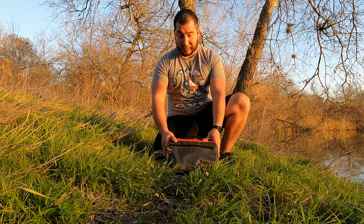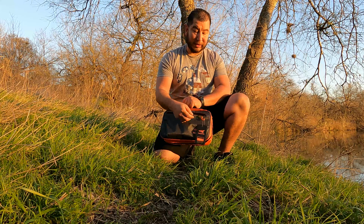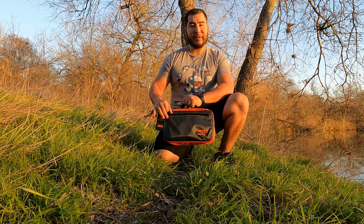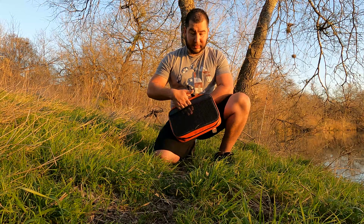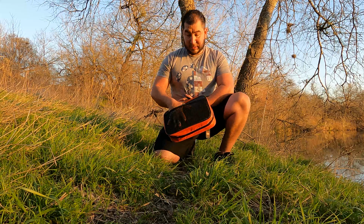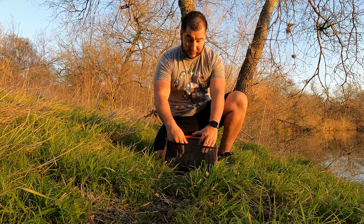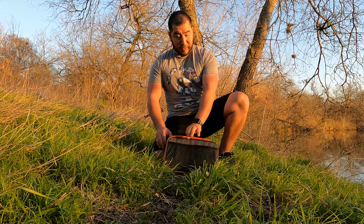And it's bright orange, so you can't miss it, very easy to find. In the front we have a zipper pocket. These zippers are really nice, big loops, easy to open. A lot of zippers out there are horrible, especially when you're fumbling through with one hand, almost impossible to open, but these are easy. On the back, pretty thick mesh that you see in a lot of other tackle boxes and backpacks. Pretty good when you want to get to your pliers, fish grips, tape measure, anything right away real fast. Now when we get to the inside,